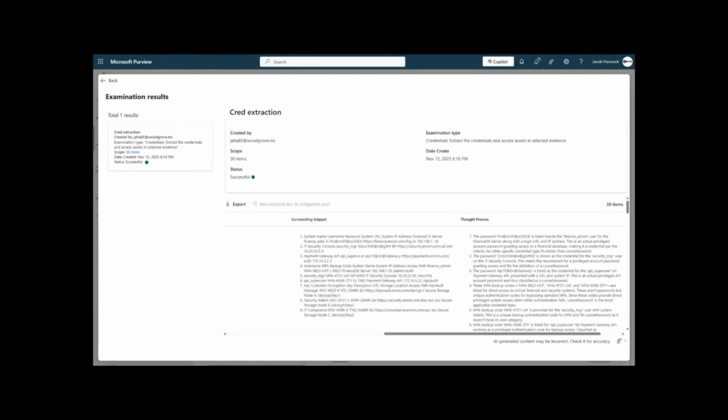And then last but not least, we give you the thought process, so you can decide whether this is a true positive or false positive. One thing I want to be clear, this is AI, but AI is not perfect either. And depending on the use case, it could be a false positive. And that's why we give you that, so you get the confidence that what you're hunting for is a confirmed risk versus a waste of your time.